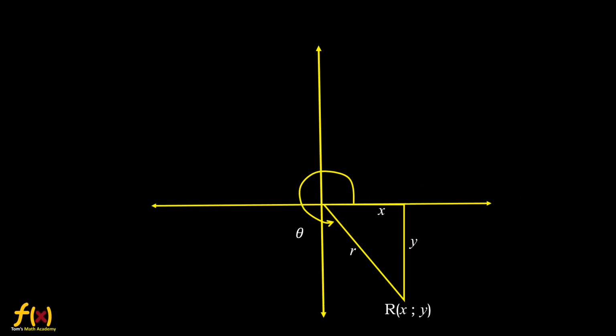Look at this one. Y is negative, so sine is going to be negative. X is positive, so cos is going to be positive. Cos, okay, positive. What about tan? Because Y is negative, Y over X will be negative. So only cos will be positive. That's how we get all the signs in the four quadrants.